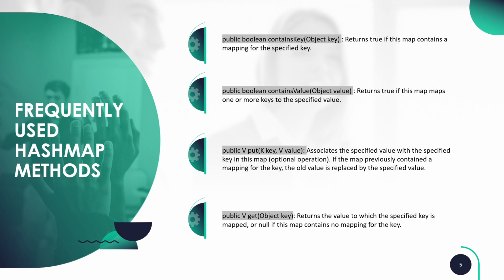And in case you provide a key that is already present, it doesn't throw an error, it simply replaces the previous value with the new one that you are trying to put into the hash map. Apart from that, we also have a get operation. This is used to fetch the value based on a specific key from the hash map. So you can see here, you can provide the key and as a return you will get the value out of it.